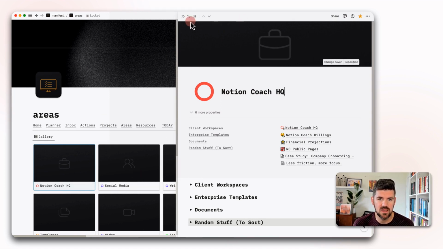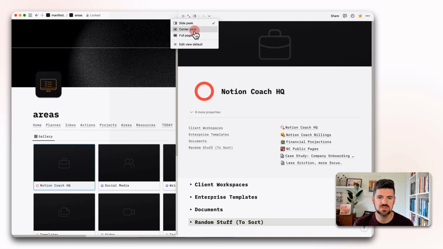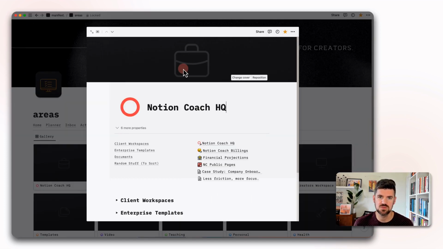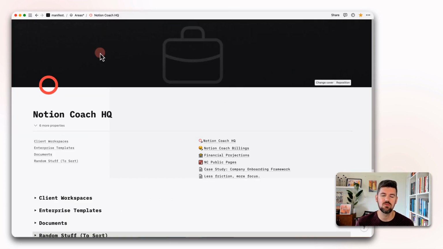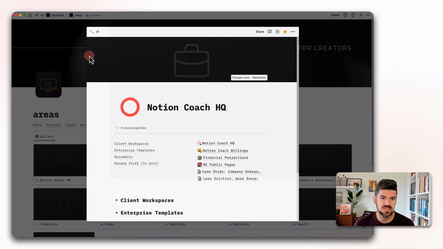Or if we still are not crazy about the side peek and want to default to a few other options, you do have the option to go back to that center peek option, which was the default up until this update. Or we have the full page, which is also great for database pages where we're treating these more as dashboards and want to have these open full page by default. But those changes from here will only affect the view that one time,